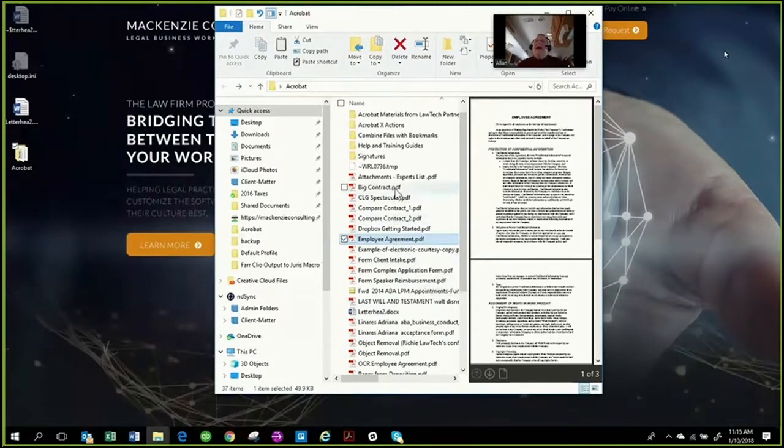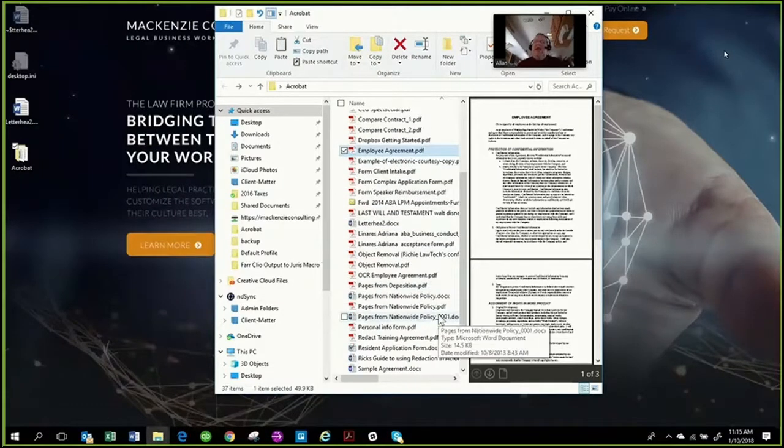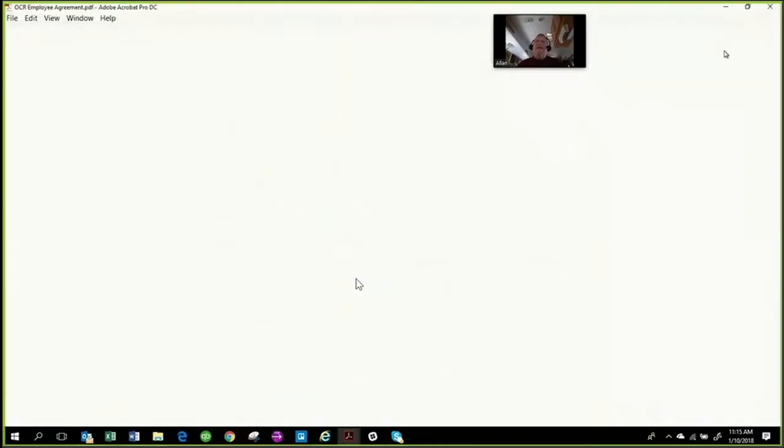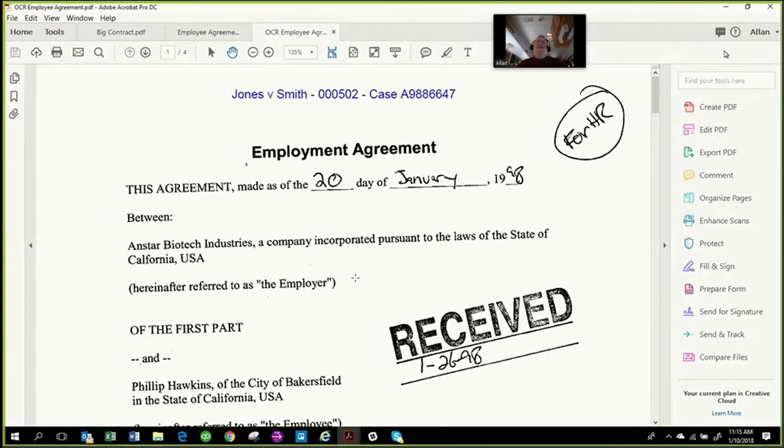Because when we have documents in here, such as an employee agreement, this one has obviously been scanned. Now, does that mean that I am not capable of doing anything with it? If it was sent to me via email and I have it in my email and I open it up, have I been prevented from doing anything with it? If I'm wanting to be opposing counsel, have you stymied me? And the answer is no,